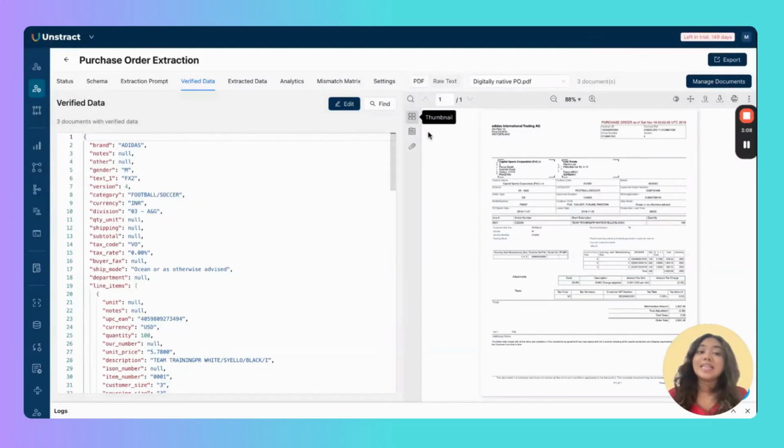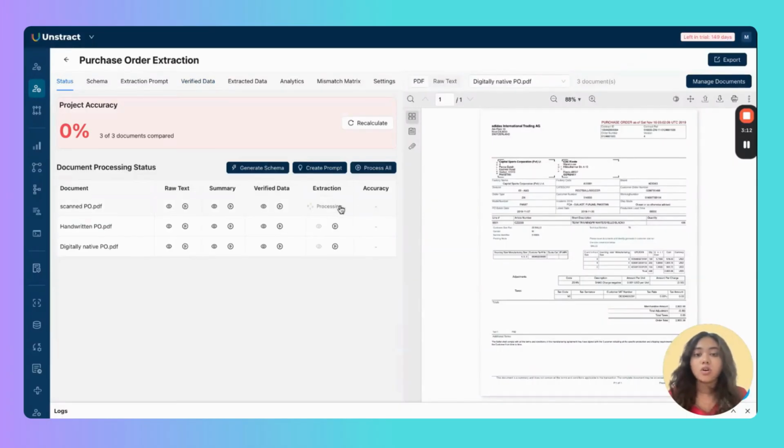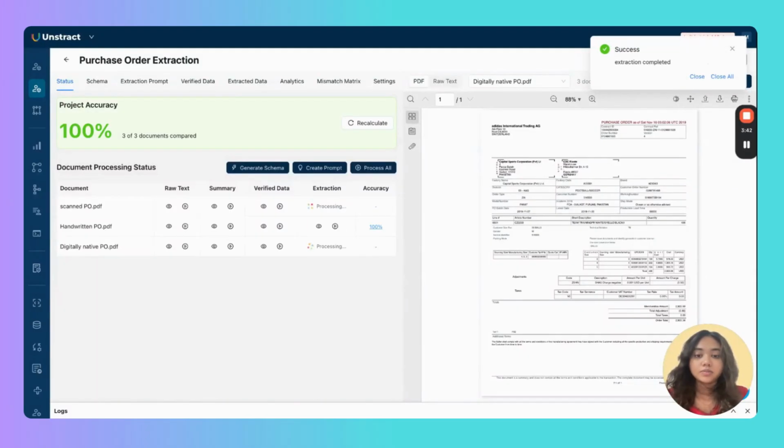And with that, I'm going to leave the verified data set as such and run the extraction run for all the documents. The system again runs the prompts against all the test documents, but the only difference is this time it's going to compare the extraction output with the verified data set. All right.